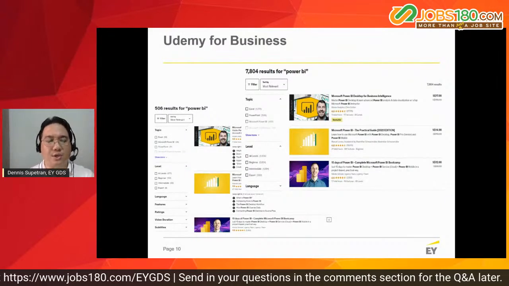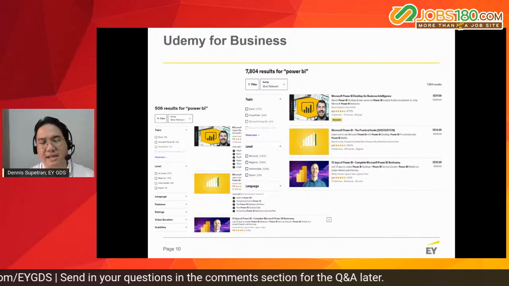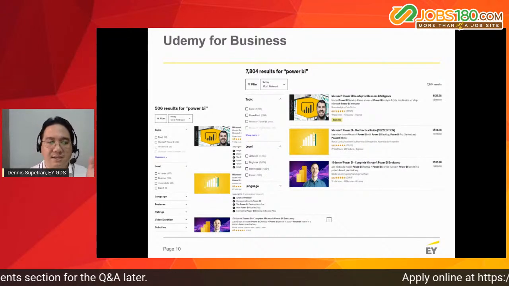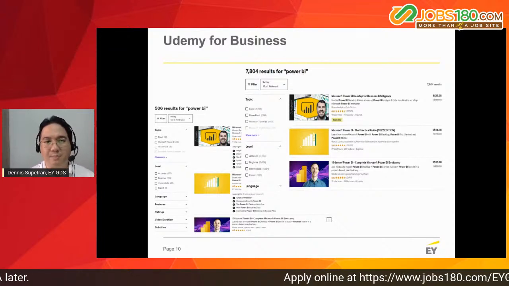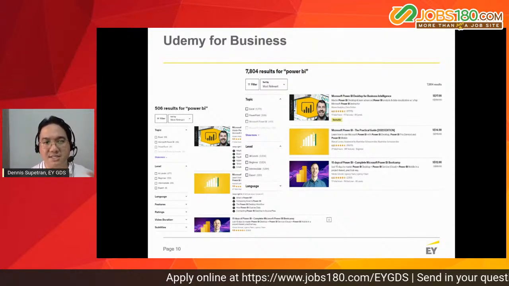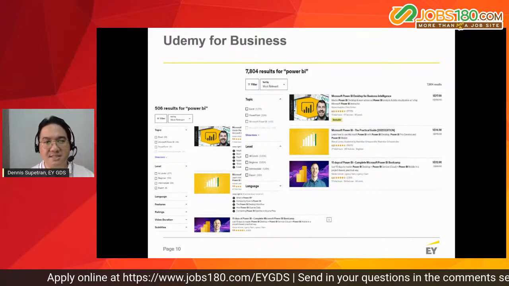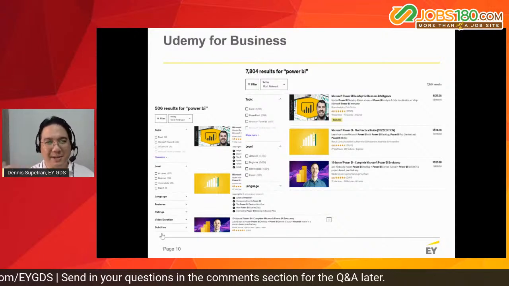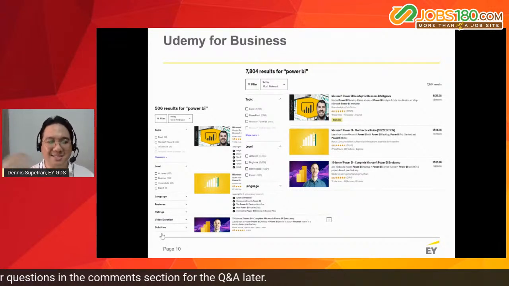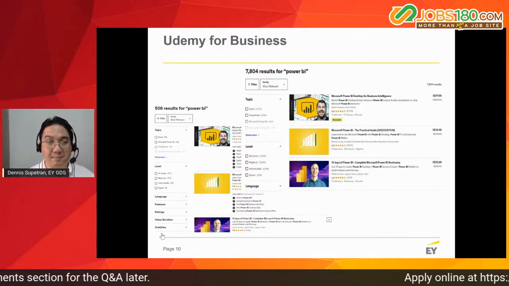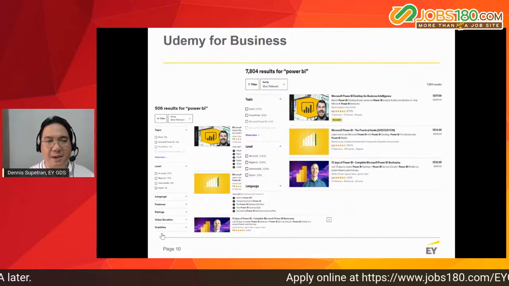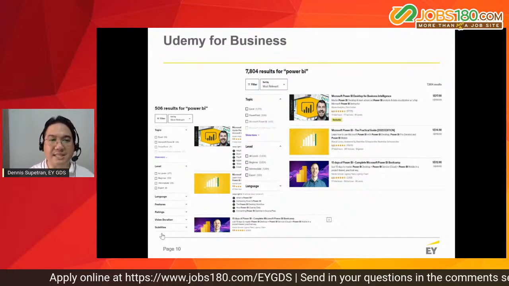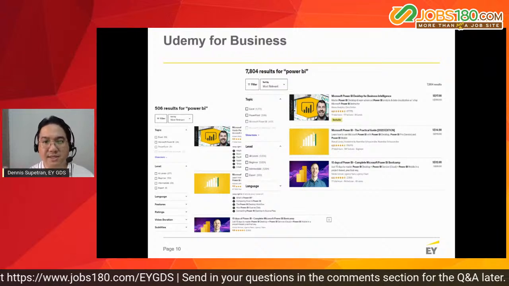I mentioned earlier, yung Udemy for Business. Here, on the left-hand side, you'll see yung mga results in our internal platform, meaning available for everyone. So we have 500 courses that are for Power BI. So most of you, especially for our accountants, realize that Power BI is one of the fastest growing tool sets being used for data analytics, di ba? Nandun pa rin yung mga Excel files, yung mga Excel sheets, pages and pages, but we're now using Power BI, especially in EY, to create powerful visualizations that give leaders more information and the ability to make those needed decisions, right? That same course, when you take a look at it outside,